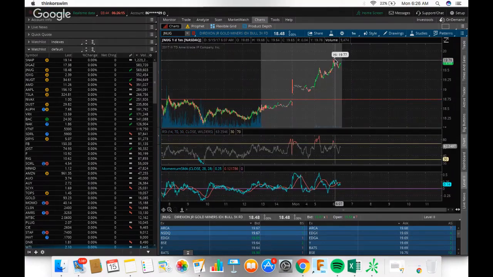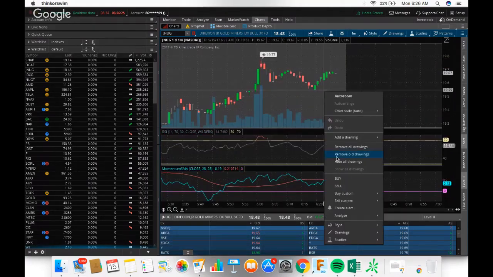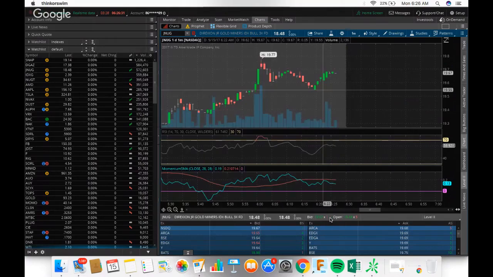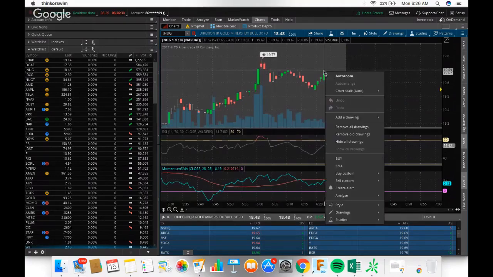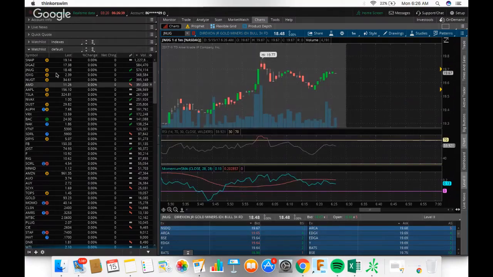Saw resistance at 1977, but has really been moving quite a bit, from 1951 to its current point. So I really want to wait for some pullbacks. It looks like it has a solid support there. I haven't really seen anything that I really like. And what I mean by that is these stocks, especially for day trading, they're a little bit pricier and it's going to be a little bit harder to lock in profit. Let's see,